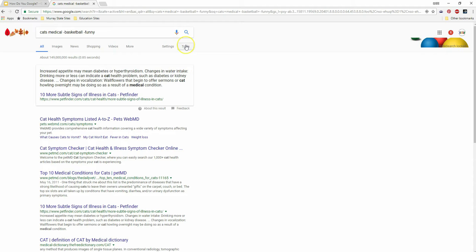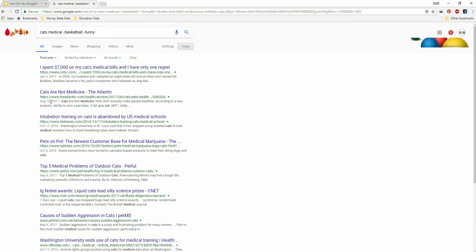We also have the ability to kind of filter our results using these tools here. On this search, when I click tools, you notice that these two filter drop downs come down. If I'm looking for results that something that's happened recently, I can use this anytime drop down to filter based on a certain time period that this news has been posted on the internet, whether it's just an article that's more recent so that I don't get outdated information,